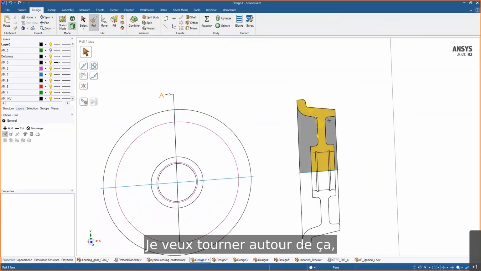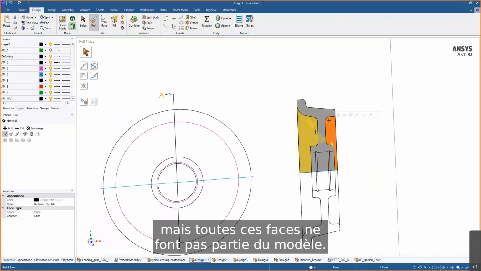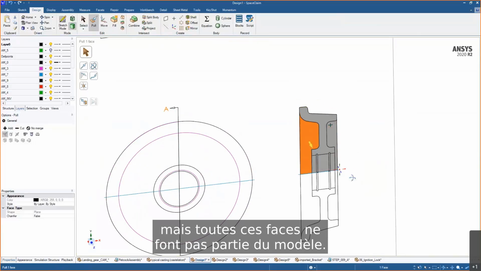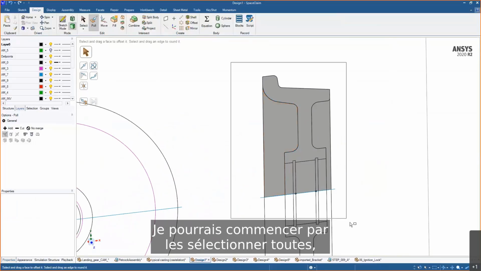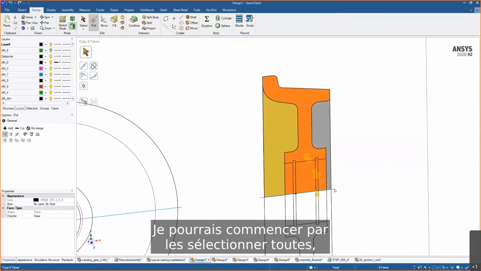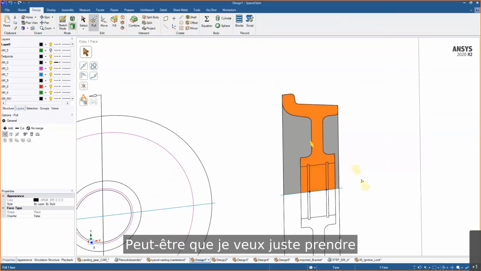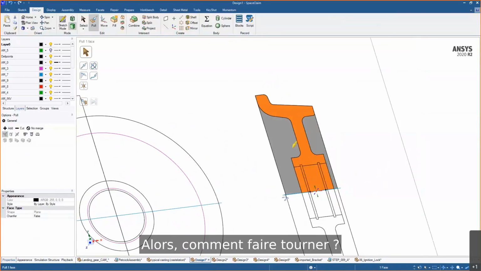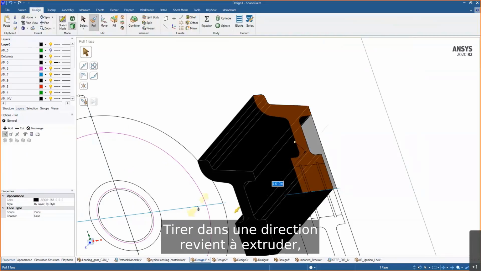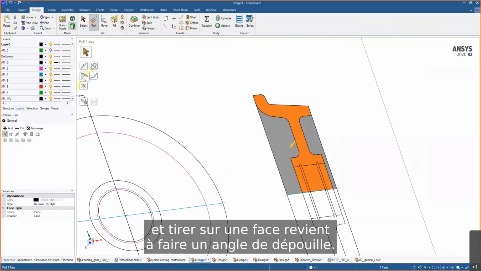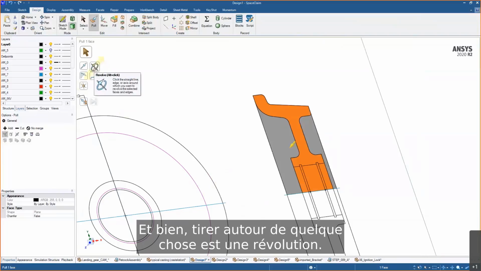Now, I want to revolve this around, but not all of these faces are actually part of the model. I could start by selecting all of them, and these faces are not really part of it here. In fact, really, maybe I just want to take this face here and revolve it. So how might we revolve? We've seen that pulling in a direction is like extruding. And we've seen that pulling about a face is drafting. Well, pulling around something is a